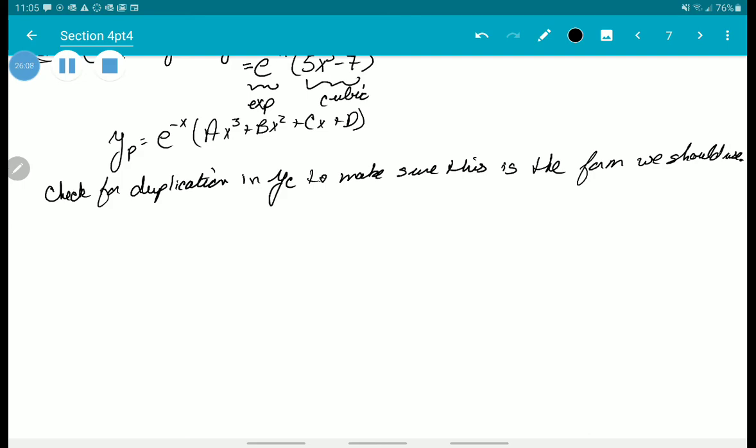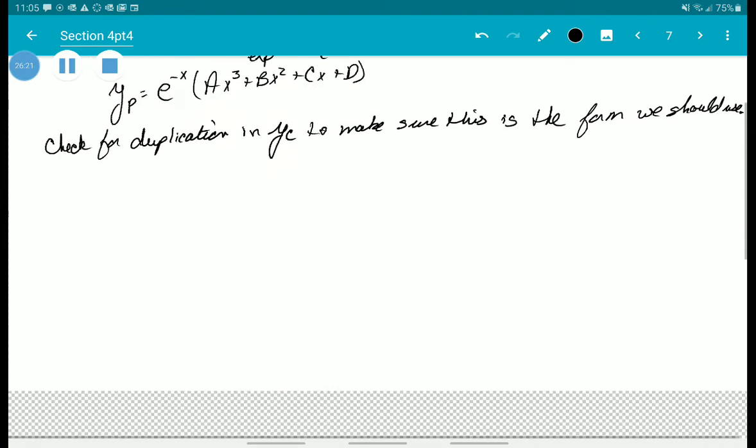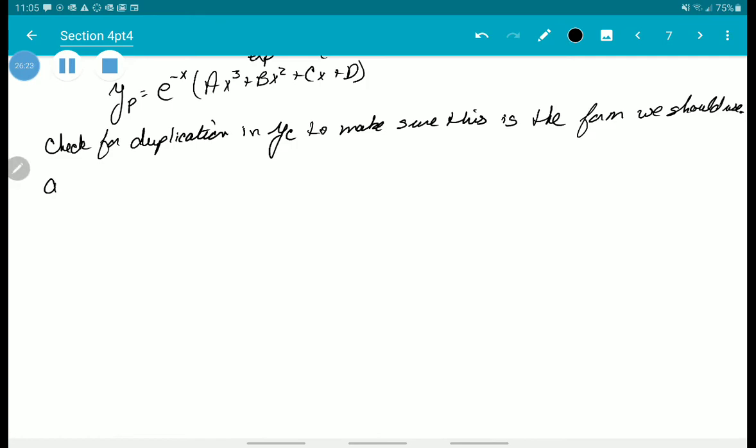So we have to check for duplication in that complementary solution just to make sure that we have the form that we need. Otherwise, when we work it out, we will get some kind of contradiction, and we've done a lot of work really for no good there. So if we look at that associated homogeneous differential equation,